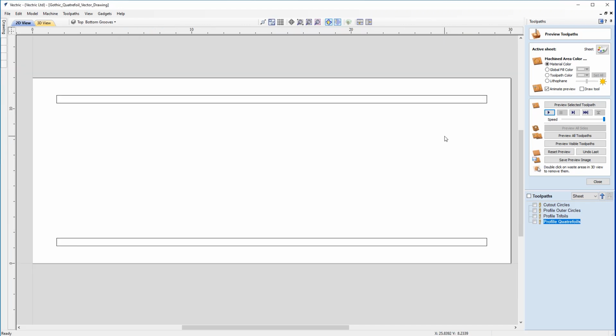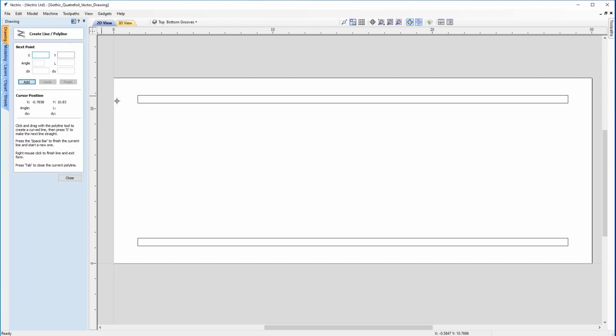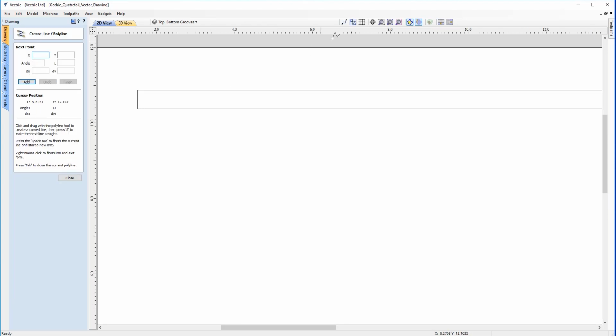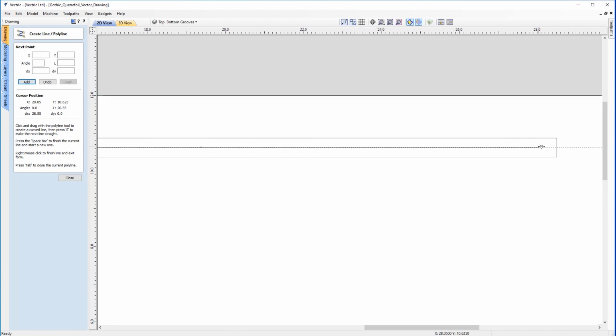So now that we can see our top and bottom grooves, the first thing that I'm going to want to do is run a centerline vector down the center of both of these rectangles. So to do that, we're just going to go back over to the drawing panel, and under create vectors, we're going to use the polyline tool. And with the geometry snapping switched on, we want to find the center of this end line by just moving the cursor in, and as soon as it changes to this symbol, we'll left mouse click, touch there, and then we'll move across to the right hand side, and just picking up that center line again, we can left mouse